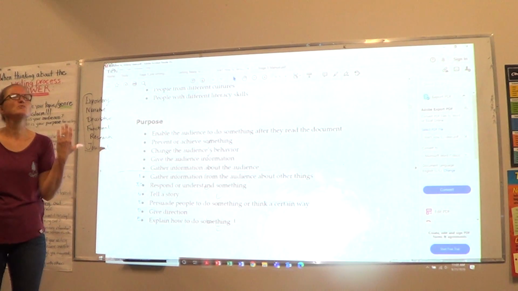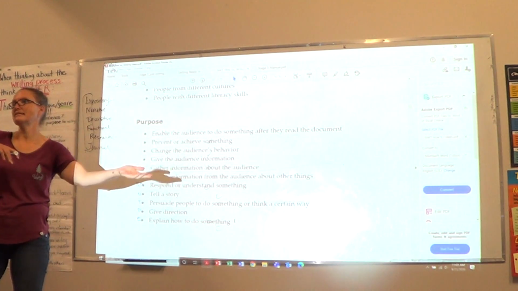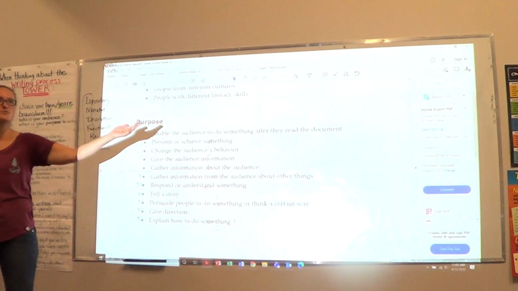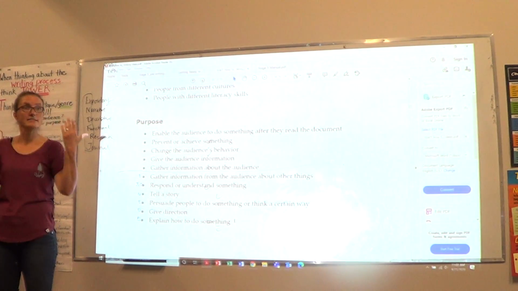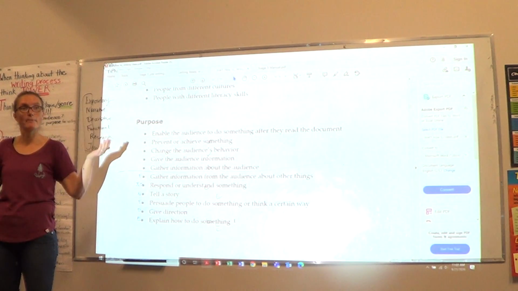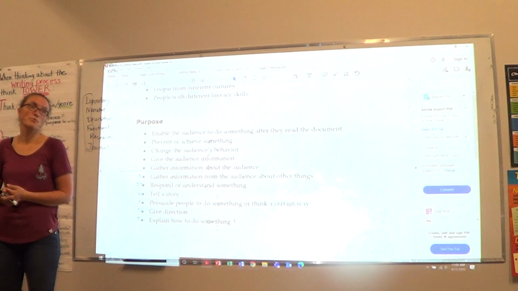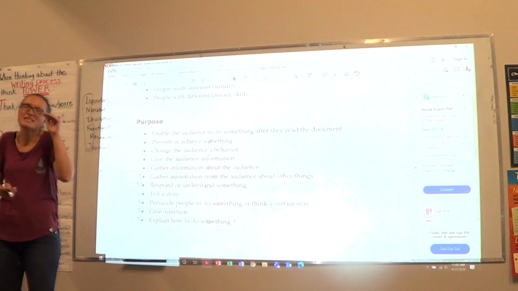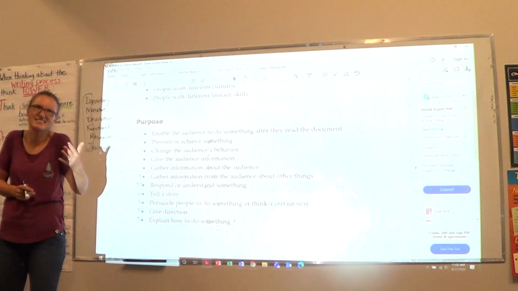Let's say, what's an example of something we would want to persuade someone to do? Wear a mask. Okay, whether you're anti-mask or wear a mask, let's pretend it's wear a mask, right? You might give a little bit of a description of masks and a little bit of information as well about why we wear masks, and then you might lead into why you think it's good that they wear them. And in there too, you're being a bit expository because you're giving reasons and information, right? Statistics and that kind of thing.